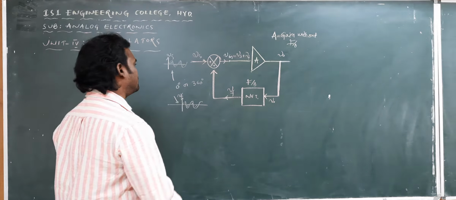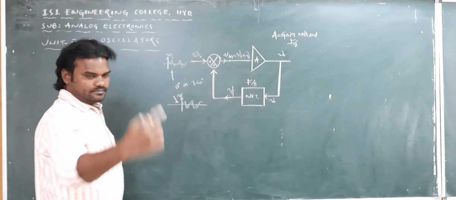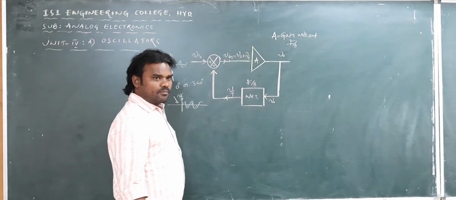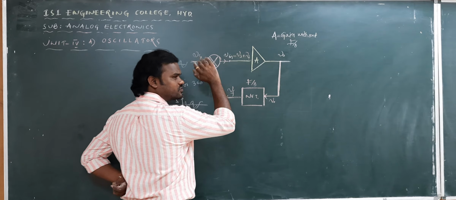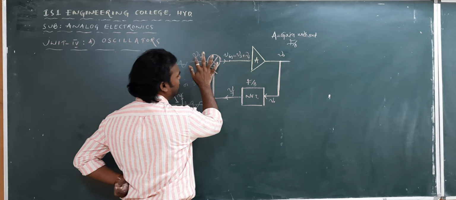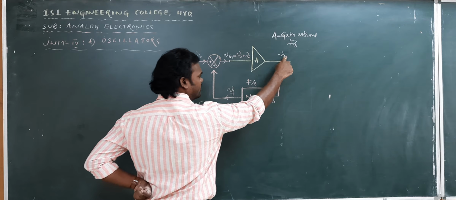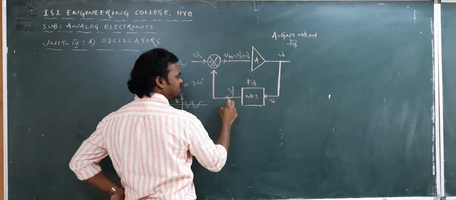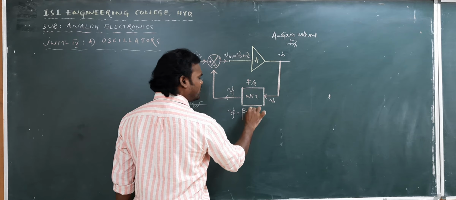This is the concept of positive feedback. So I am going to explain the operation of positive feedback. Initially I started with Vs only. Vs is equal to Vin only. Assume that there is no feedback. I have given Vs, that is nothing but Vin only. With that Vin, we got the Vout. And from that we are taking the Vout, and it is connected to the feedback network, so it is producing the Vf. Vf is equal to what? We know that Vf is equal to beta into Vout.